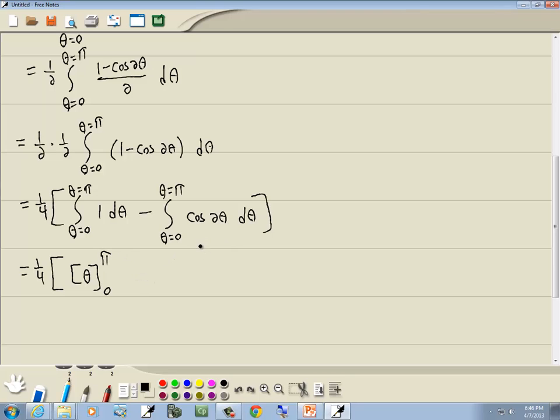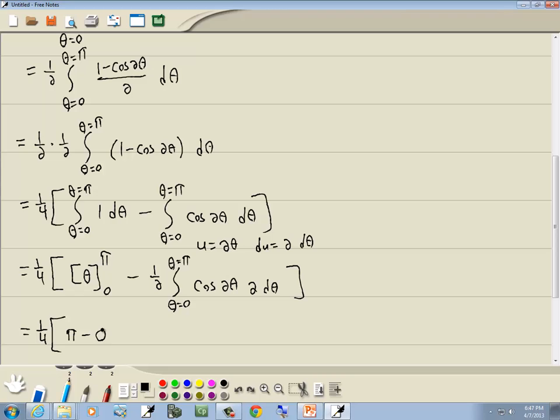And over here, if we do the u substitution, we let u equal to 2 theta, then du will equal 2 d theta. So we need a 2 inside, and we'll offset with a 1/2 out in front. So we got minus 1/2, like that. And we got cosine 2 theta, and then we got 2 d theta. We only got 1/4, and I'll plug pi in for theta. So we got theta minus, and I'll put 0 in for theta, and minus 1/2,